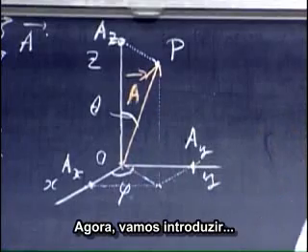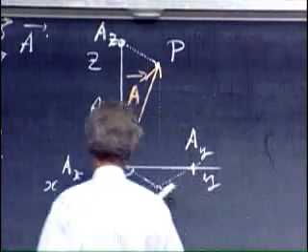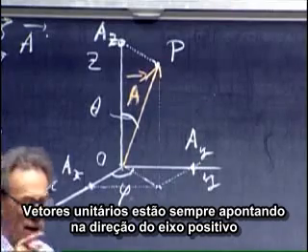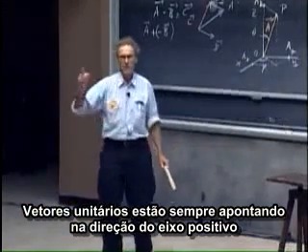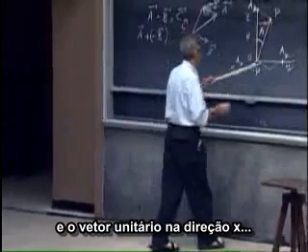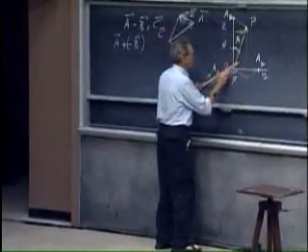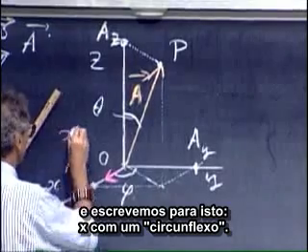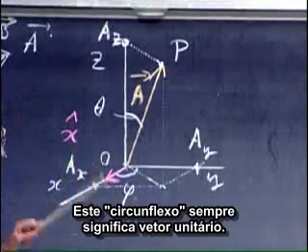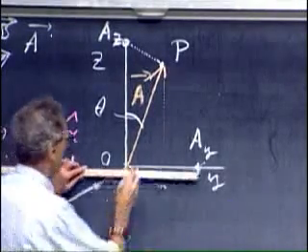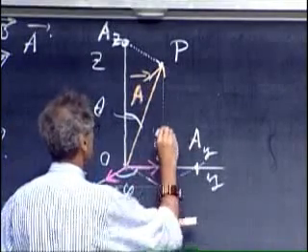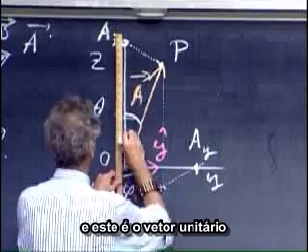We now introduce what we call unit vectors. Unit vectors are always pointing in the direction of the positive axis, and the unit vector in the x direction is this one. It has a length 1, and we write for it x roof. Roof always means unit vector. And this is the unit vector in the y direction, and this is the unit vector